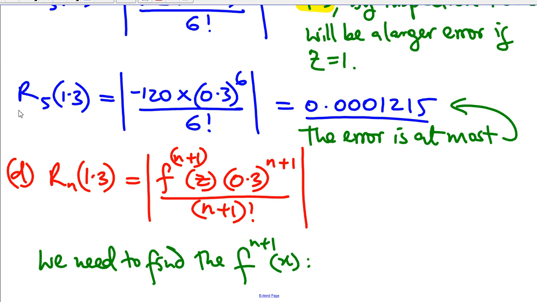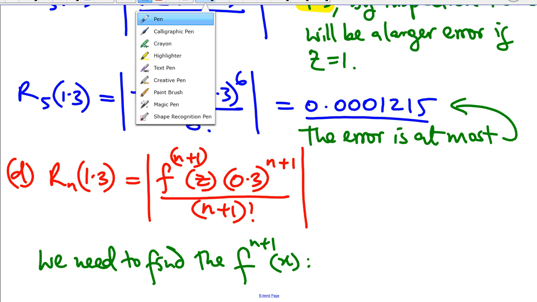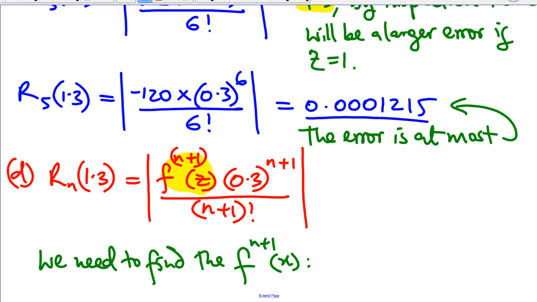And I explained how we came up with this formula for the error term. And I mentioned that we need to find the expression for the (n+1)th derivative, all right? So we need to find that so that we can plug it into the error term and then use that to find n for the conditions given in this question. So what I'm going to do is go back to the